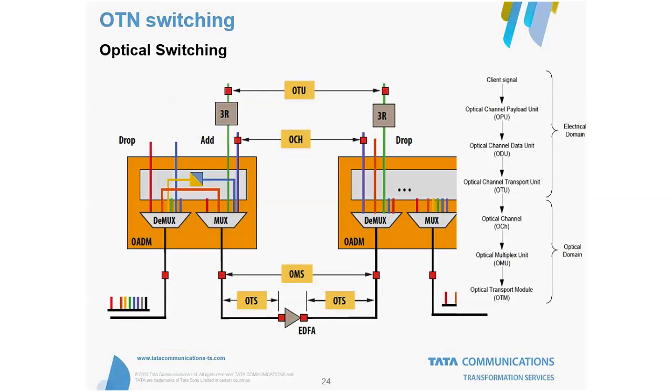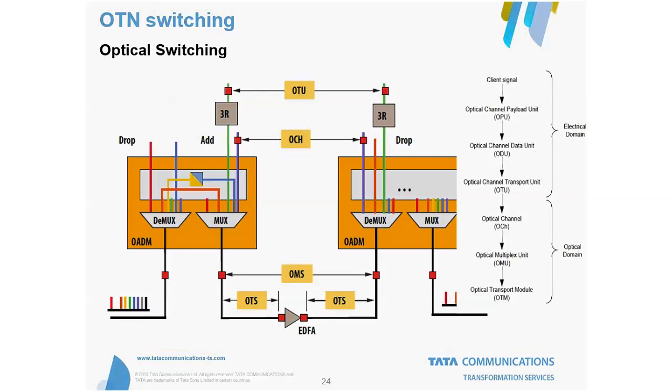Next is optical switching. I hope this view might be a little familiar. The MUX DMUX part, again the ODM, regenerators. Now just try to remember the earlier frame structure and mappings that we saw. The OTUs we've got at this level, and the optical channel. Consider this as a full signal from a DWDM pipe that enters our box and gets demultiplexed. If you want, you drop it, and again it gets multiplexed here, and again it goes through an amplifier, and is demultiplexed, again multiplexed.